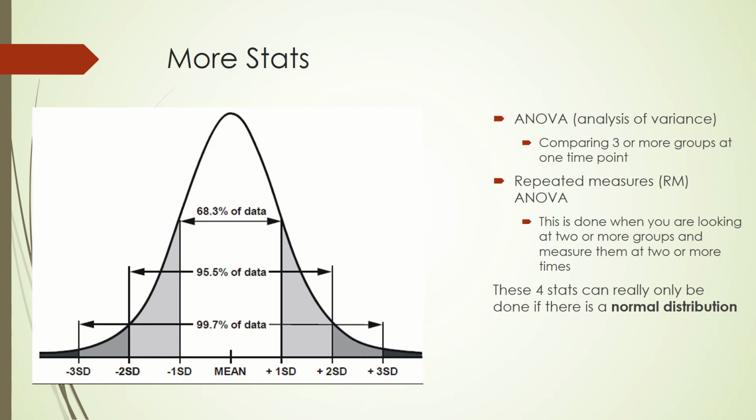Some other things that you might see, they're very much like the t-tests. There's something called an ANOVA, which stands for Analysis of Variance. In particular, one that's done very frequently is called a one-way ANOVA. And it's very similar to the independent t-test, except instead of having two groups, we would have three groups. So that's essentially how an ANOVA would work.